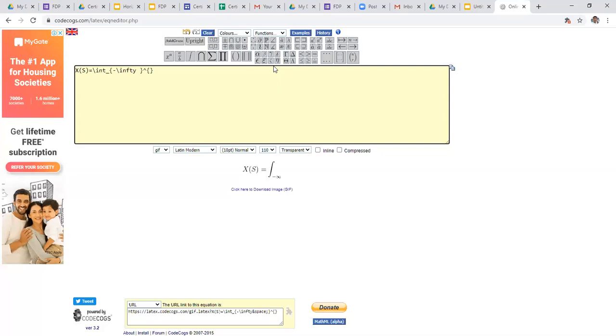The second, upper limit is plus infinity, so again choose plus infinity. In the lower side, there is a rectangular box. It indicates the integral from minus infinity to plus infinity. Is it visible, sir? Yes, sir. So x of s is equal to the integral from minus infinity to plus infinity.